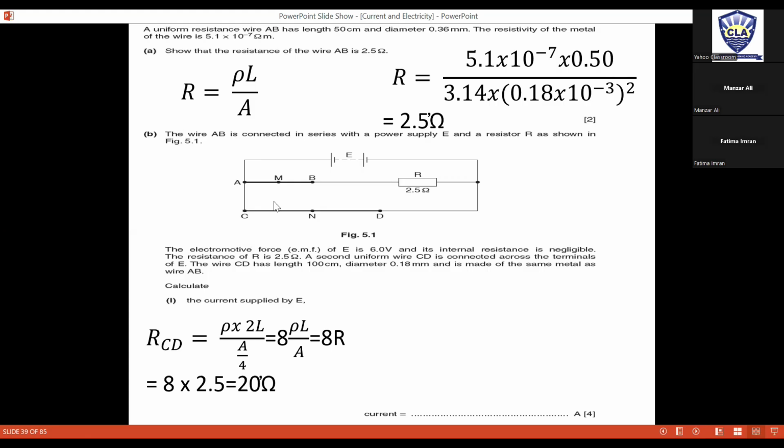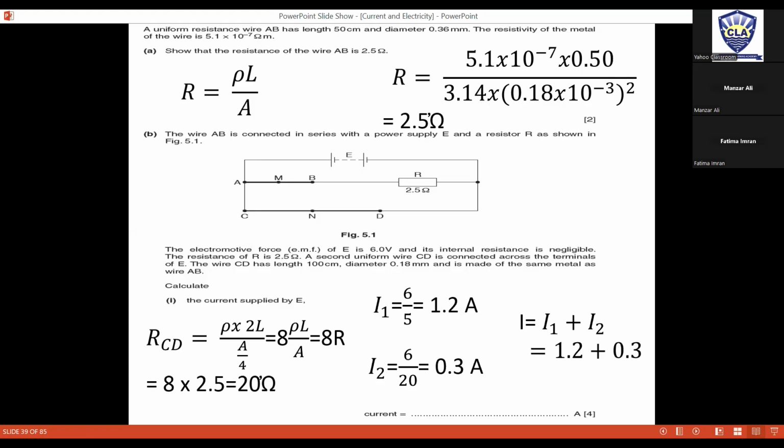अब मैंने CD के अंदर करंट निकालना है। EMF उन्होंने दिया हुआ है, EMF is 6 volts. AB वाले ब्रांच में ये 2.5 है, ये भी 2.5 है, तो टोटल रेजिस्टेंस 5 हो जाएगी। तो दोनों में मैं करंट निकालूंगा, 6 डिवाइड बाय 5 एंड 6 डिवाइड बाय 20 और दोनों करंट्स को मैं ऐड करूंगा, I1 प्लस I2. दैट विल बी द करंट फ्रॉम द सेल। ये बिल्कुल वैसे क्वेश्चन जैसे पिछले वाला पार्ट था, सिर्फ उन्होंने वैल्यूज थोड़ी सी चेंज कर दी हैं।